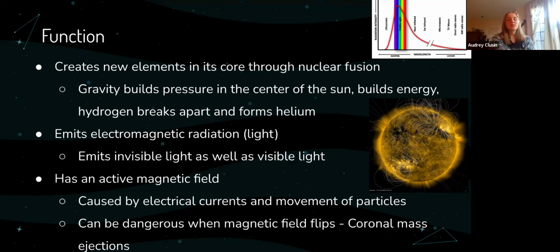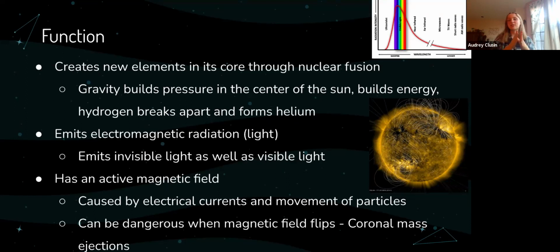Yeah, so because of the nuclear fusion in the center of the sun, energy is emitted in the form of light. And it emits, if you see over here, all kinds of light on the electromagnetic spectrum. I'll explain that at some point, sorry, but basically, I don't know how to describe this exactly, but if light has more energy to it, you aren't able to see it.